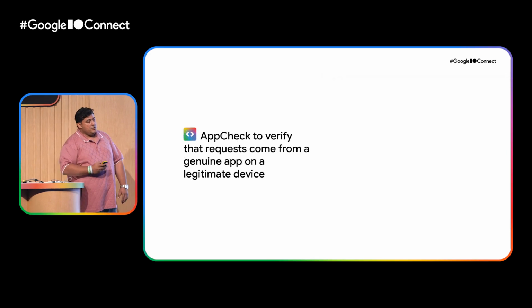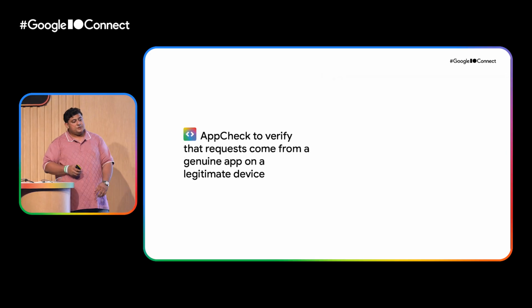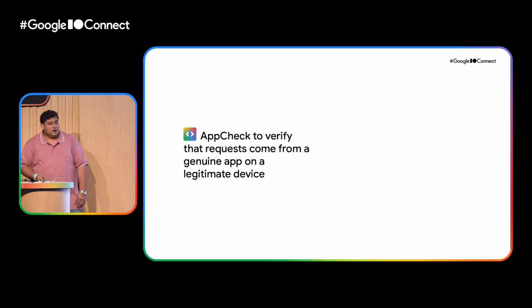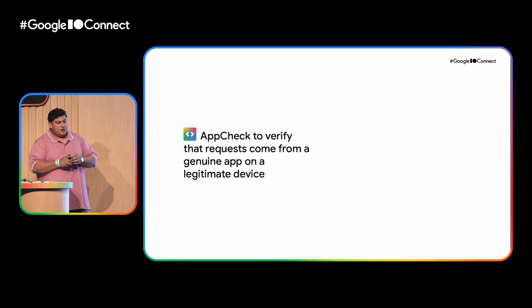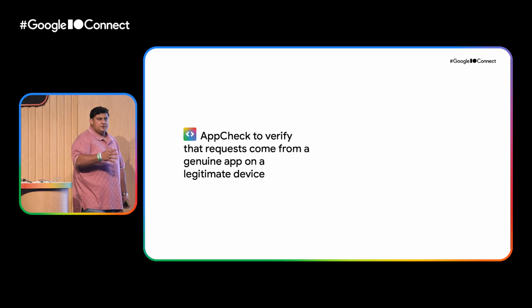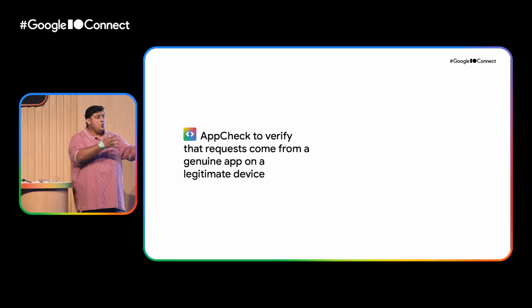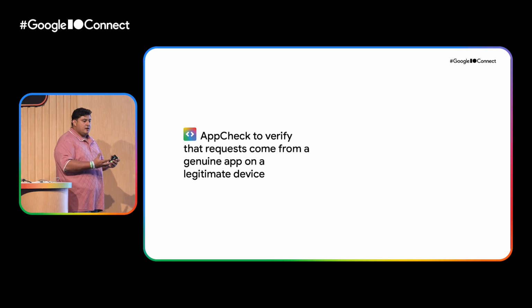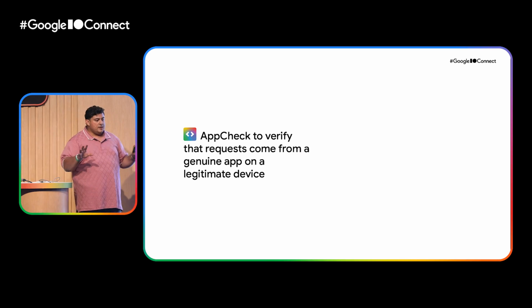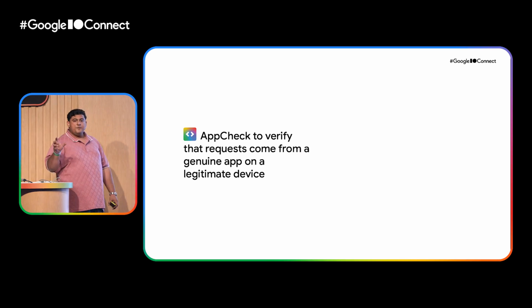Now let's look at how we secure the backend using Firebase App Check. Think of App Check as an extra layer of defense for your infrastructure. While standard authentication tells us who is accessing the resources, Firebase App Check verifies where the request is coming from. So it avoids all this unauthorized traffic at the door by ensuring that only genuine, unmodified